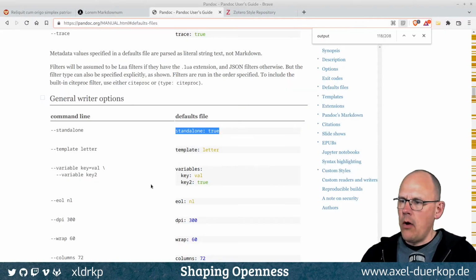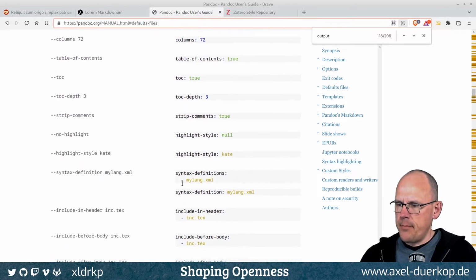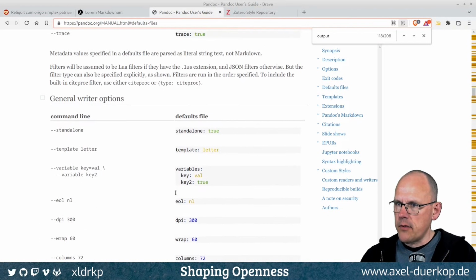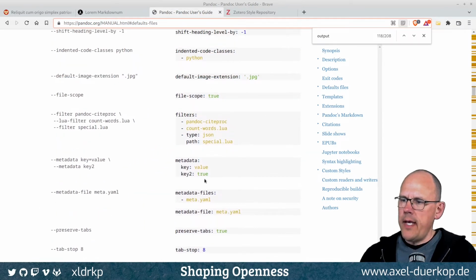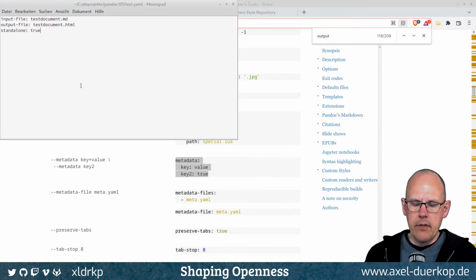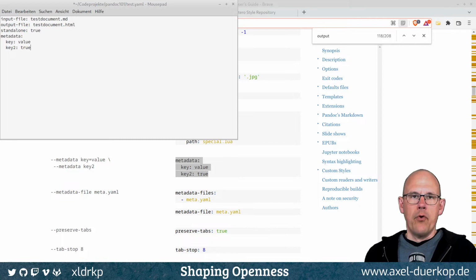So let's have a look how we can do this one. For example, there is, let's have a look here. So we can add metadata like the title with this way of writing it. So, and this brings us to a very important thing. In the YAML format, you have to be very strict with tabs or spaces at the beginning of some lines. So it is absolutely necessary here to have the two spaces here, or two blanks here, or hitting the tab key on your keyboard, because when YAML gets